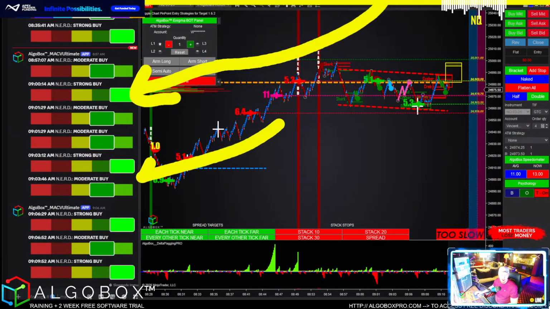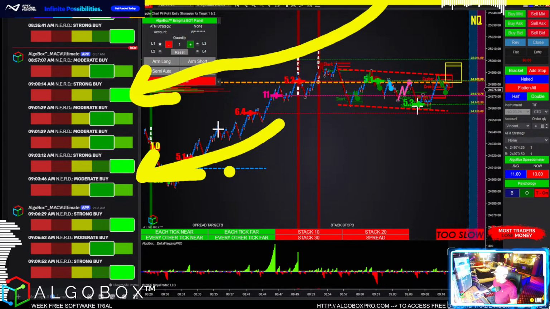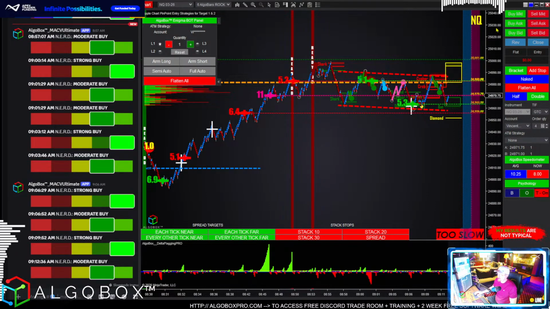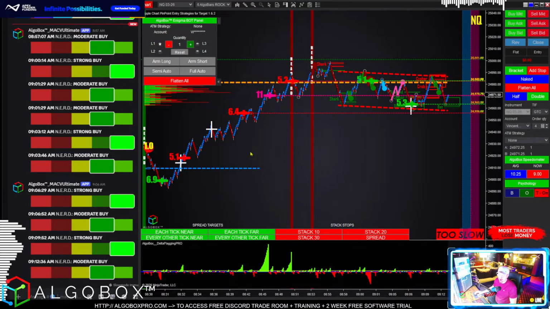There we go. When I'm talking about direction, checking the nerd for our direction, we want to be with our buddies. If I'm trading on the NASDAQ as my primary instrument, then I want to know where E, R, and D are going. ES, RTY, and the Dow are correlated buddies.